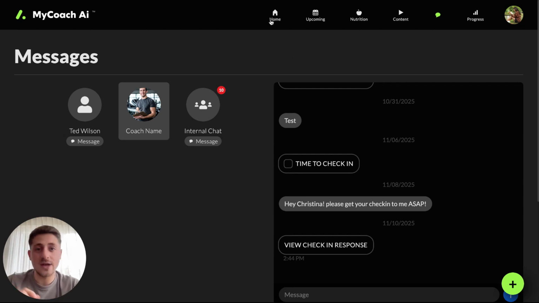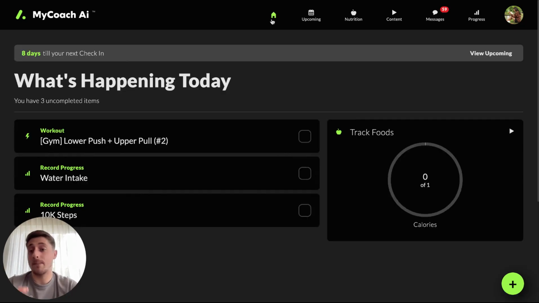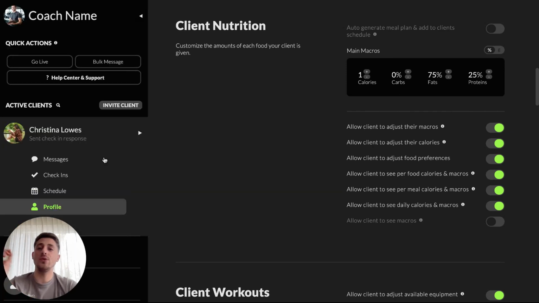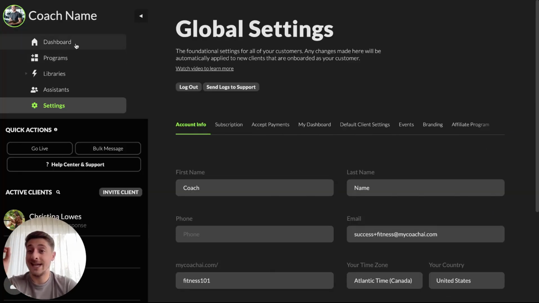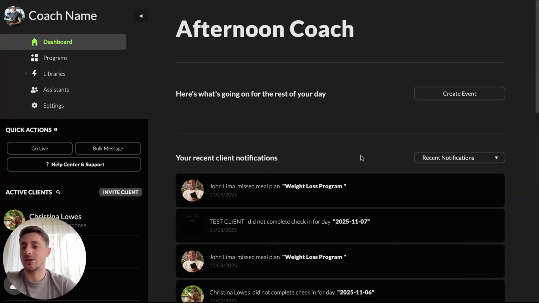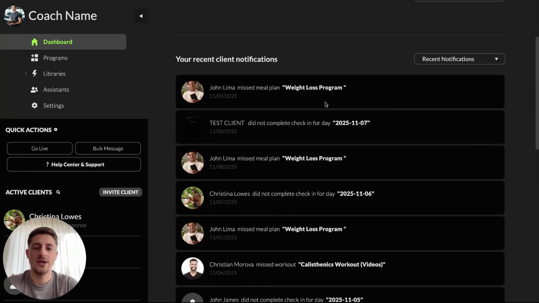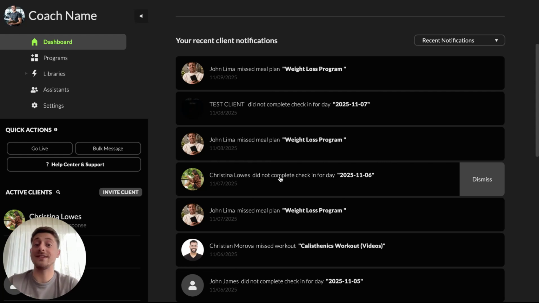Now, if they still didn't complete it at this point, here's where potentially some of your actions will come in, right? This is the moment where you, as the coach, can see in multiple places that their check-in was not completed yet. It's first of all going to show up under your recent client notifications to say that a certain client did not complete their check-in, right? So if you want, you can leverage that immediately to go message the client